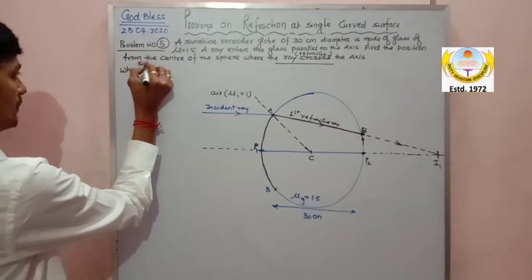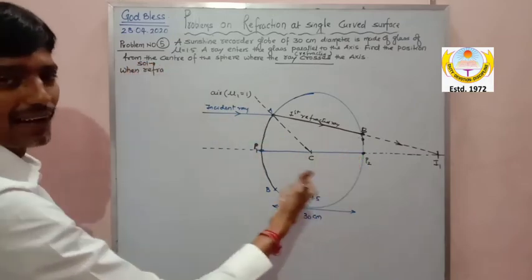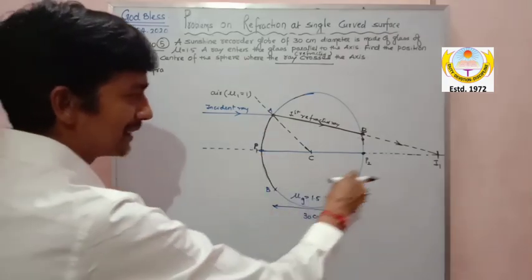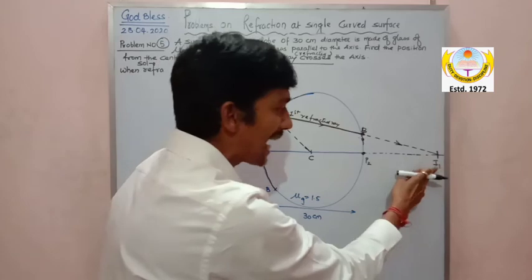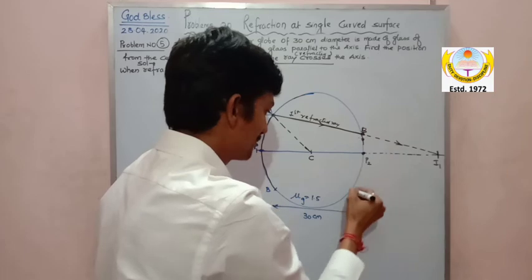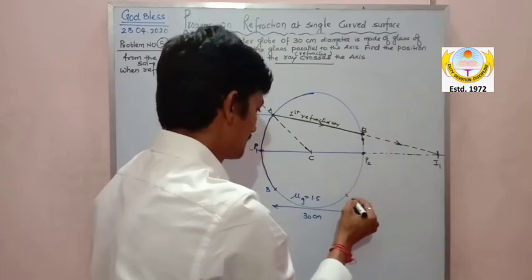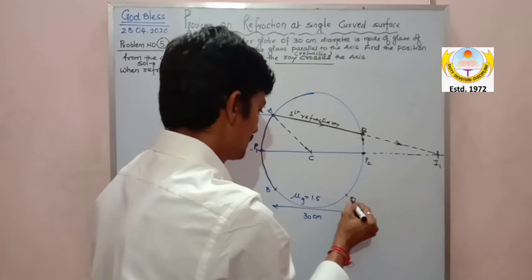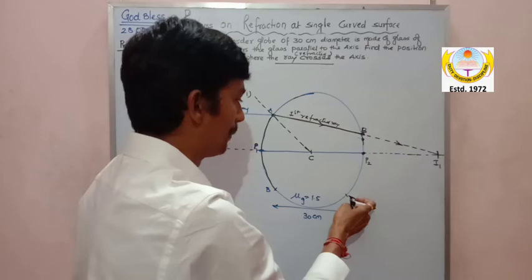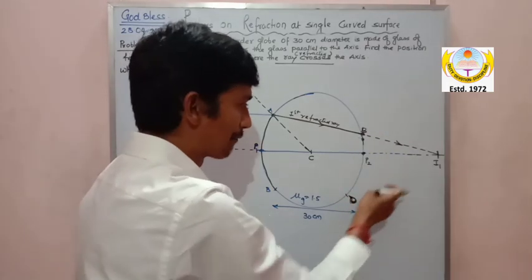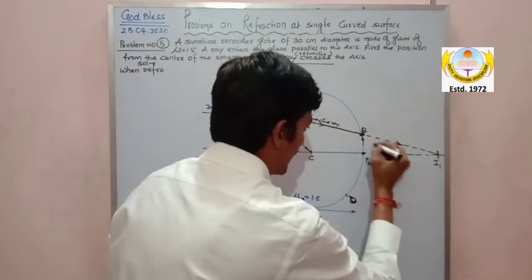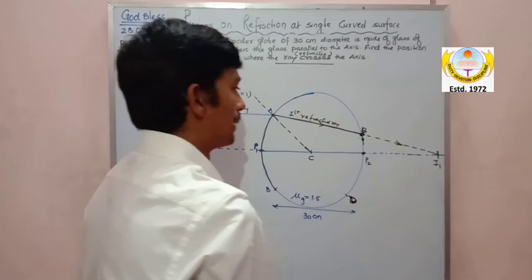Refraction solution, it is like a lens maker. I hope it is like a lens maker. First refraction will take place from this surface and image forms at I1. Now this I1 acts as the virtual object for this surface. For another refracting surface, say the name is BP2D, for this surface, this acts as the object. And then the refraction will take place somewhere here. I hope it is clear, my dear.